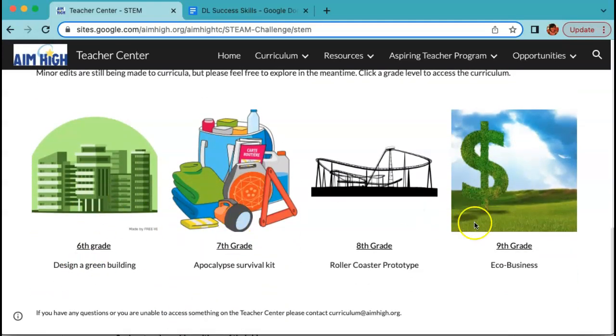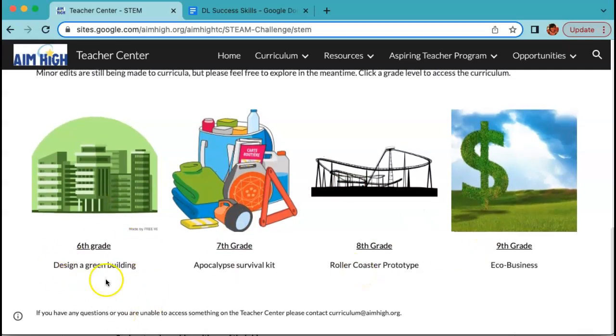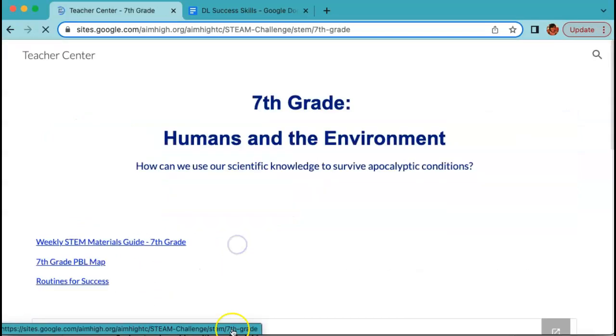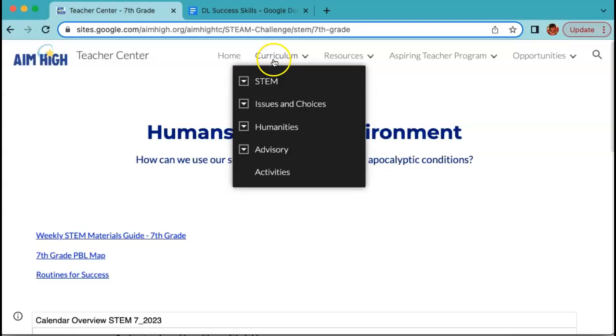So you'll see that each grade has another page. We'll look at the themes for each grade. Sixth grade is around designing a green building. The seventh grade is the apocalypse survival kit. Eighth grade is a roller coaster prototype, and ninth grade is an eco business. So let's take a look at seventh grade. Actually, let's take a look at